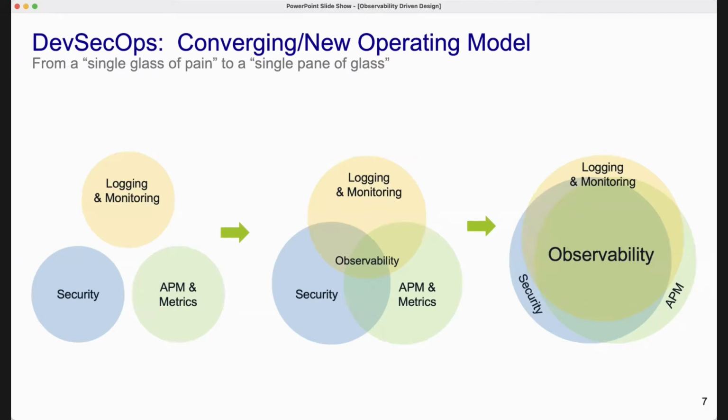Converge the silos. Leave behind the traditional tools that don't scale, or the modern tooling that still is leveraging proprietary agents, because they lack the interoperability and portability. And your organizations will start to realize the value that an open standards, interoperable, and unified platform can provide. The ephemeral nature combined with high cardinality across logs, metrics, traces, and spans create complexity that very few platforms are designed to handle. This convergence into a single observability platform that brings together all domains, including security, is what we've developed here at Sumo Logic.